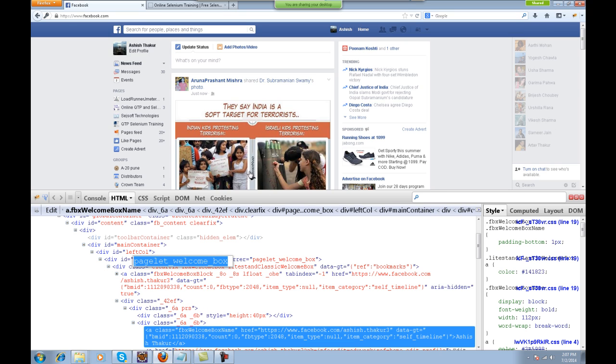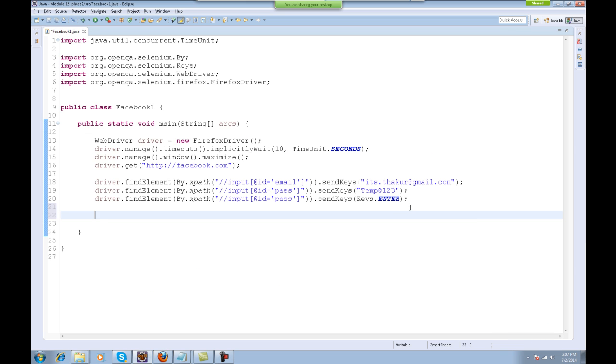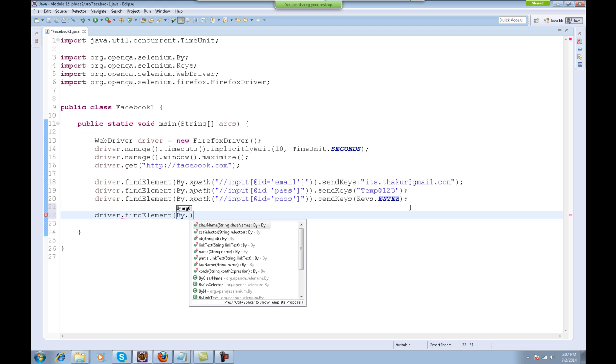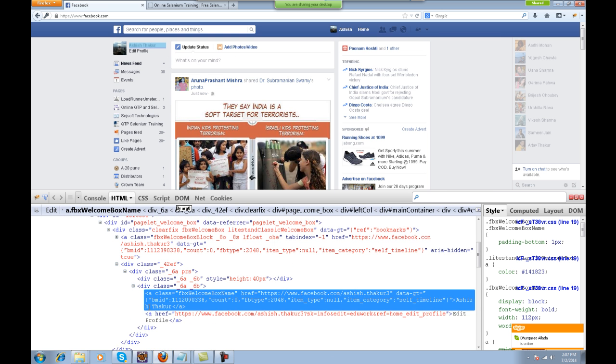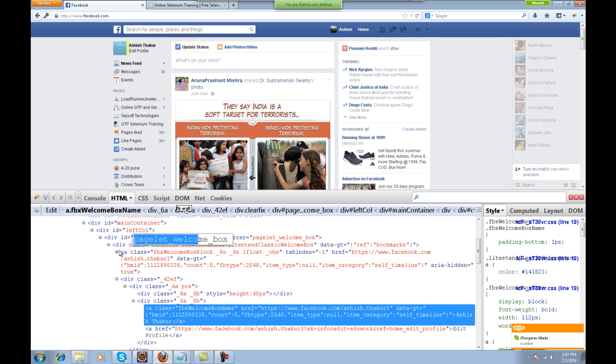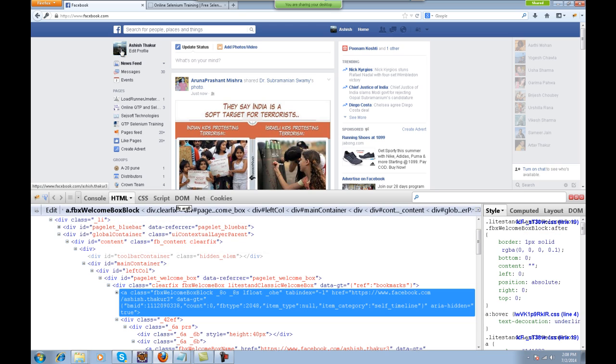Hold on, I'll make the XPath. I'll write here driver.findElement by the XPath. There is a div with this ID, and inside it there is another division, and this is my photograph.